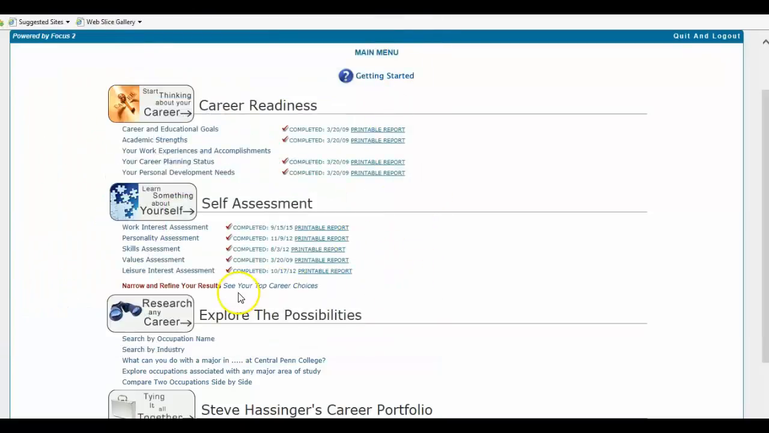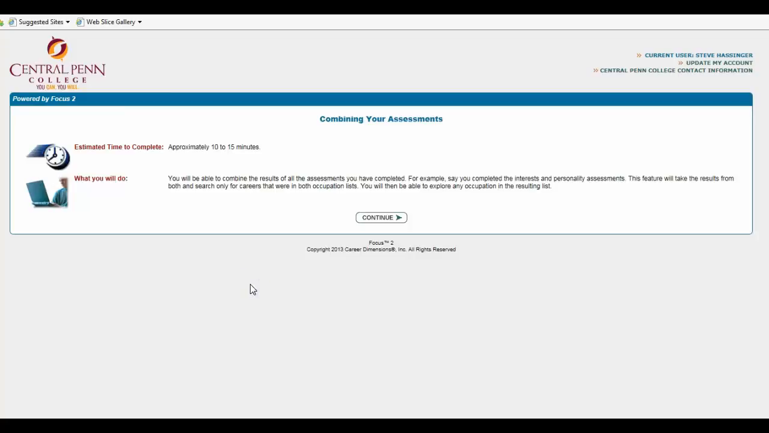But the key here is we don't want to find a job that's just a good match for our skills or just a good match for our values or our personality. We want to be able to combine them. And you'll see there's an option here to narrow and refine your results. So when we click on See Your Top Career Choices, and then we continue,